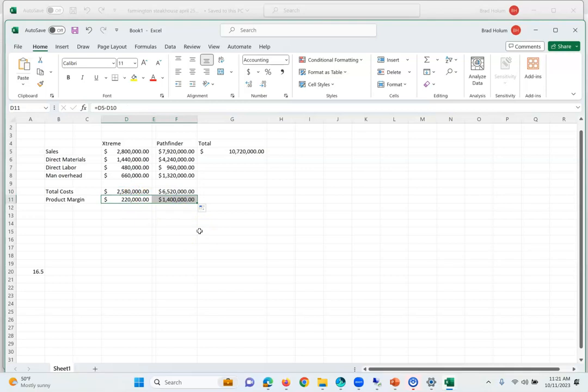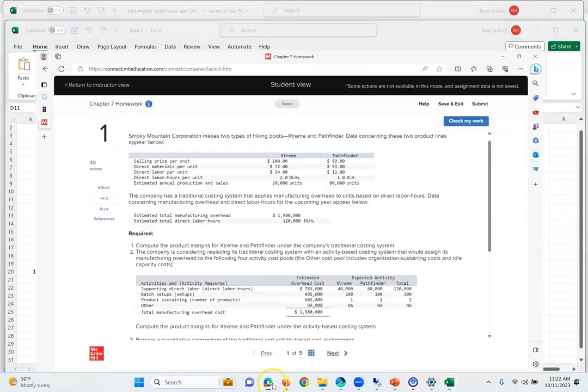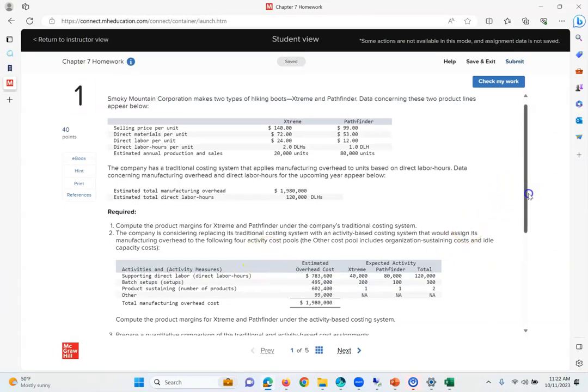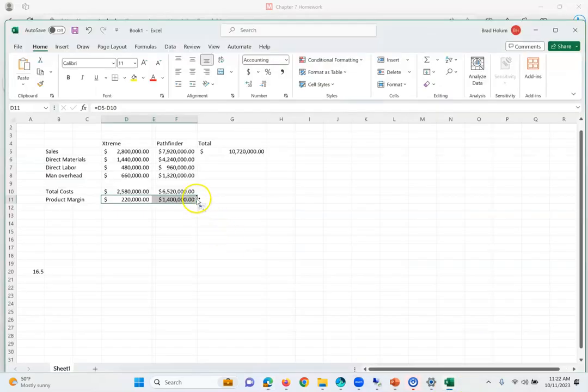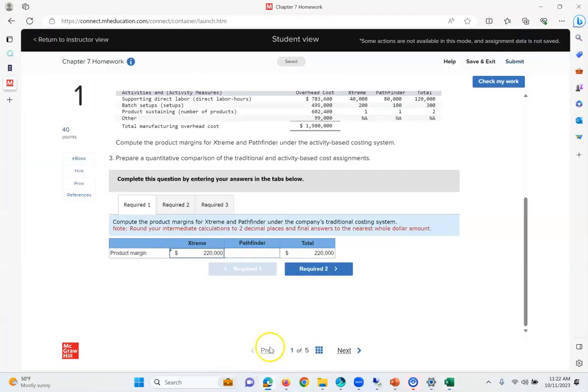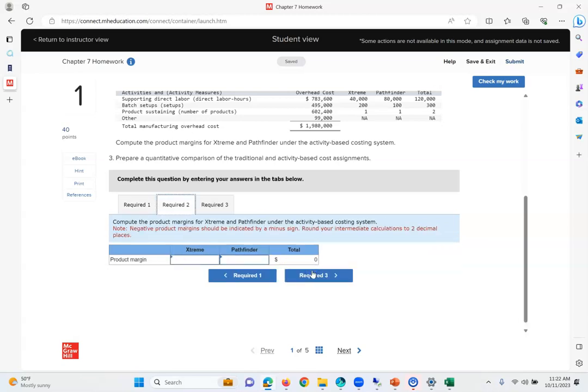Okay, so this particular product margin here, product margin for Extreme, shouldn't this be at 220,000? And product margin for Pathfinder should be at 1,400,000. Do you guys see what I'm doing? Yes? No? Okay. Next,